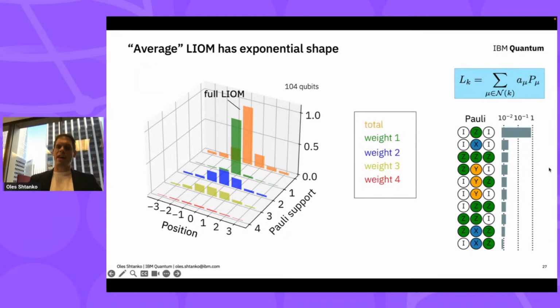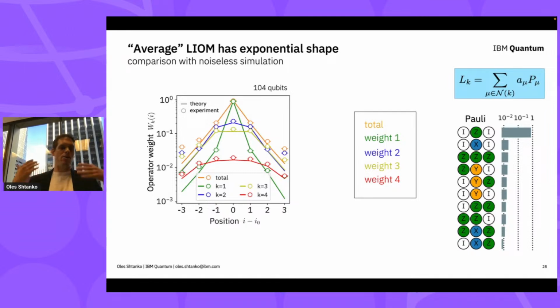And what's funny, you can also look at the anatomy of this integral of motion. Look at what Pauli operators it is composed of. And the composition of the Pauli operators is very sensitive to the model you use. So you can look at different models. For example, you can invent a little bit different circuit. It will have a little bit different composition. And you may think of it as a fingerprint of your system. It's another interesting property of the system you can examine. And this is very exciting.